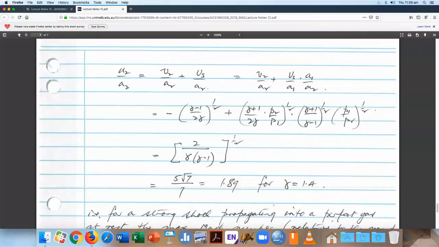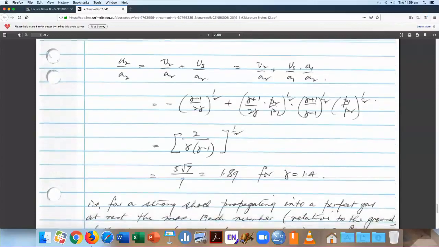So for gamma equal to 7 over 5, or 1.4, when I take the square root, I get 5, the square root of 7 over 7, and it's 1.89. So the maximum Mach number you can get behind this very strong shock is 1.89. So for a strong shock propagating into a perfect gas at rest, the maximum Mach